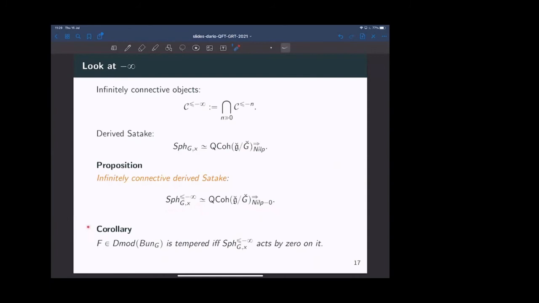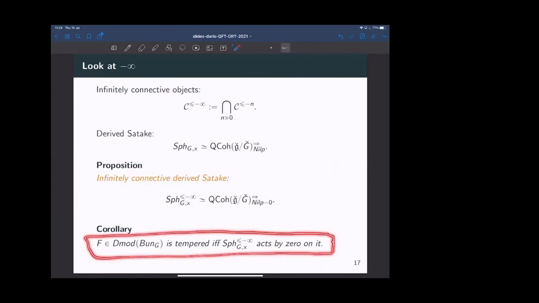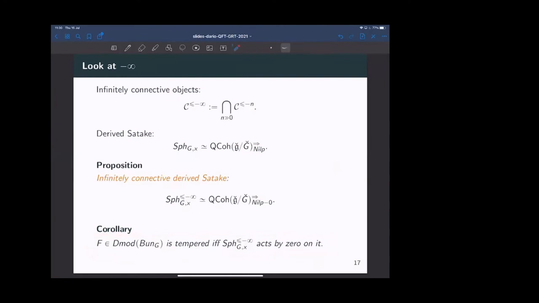And so I can form a corollary, which might be a definition after all. I mean, we can, in future talks, maybe take that as the definition. But it was motivated by geometric Langlands and derived Satake. It says that F is tempered if and only if this part at minus infinity of the spherical category acts by 0 on it. So you see, this corollary, or if you wish, this definition does not involve derived Satake, does not involve geometric Langlands. The G dual doesn't appear, so this is more concrete to work with. And this is the formulation I will use in the next